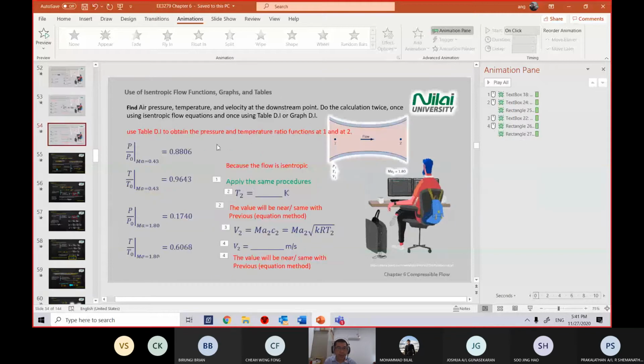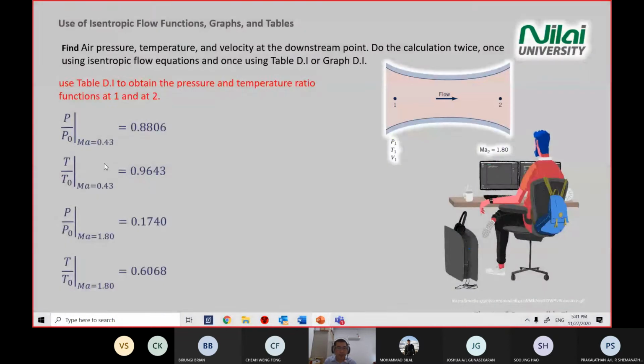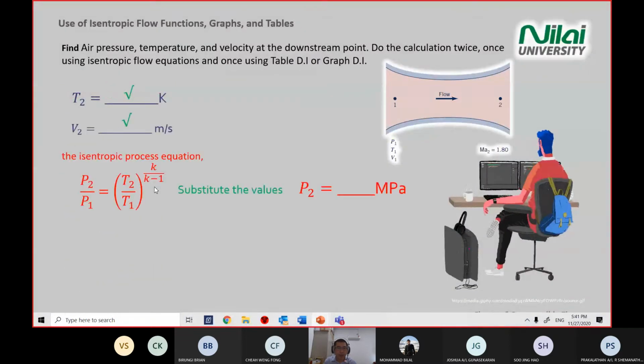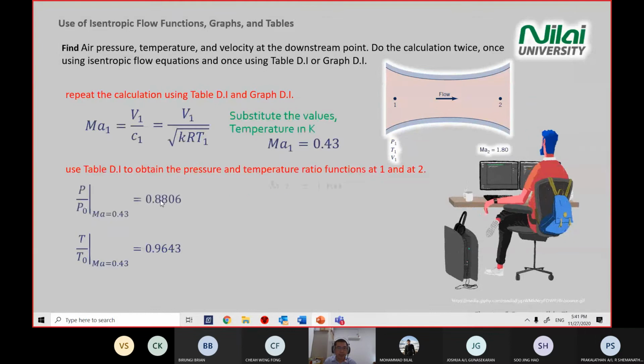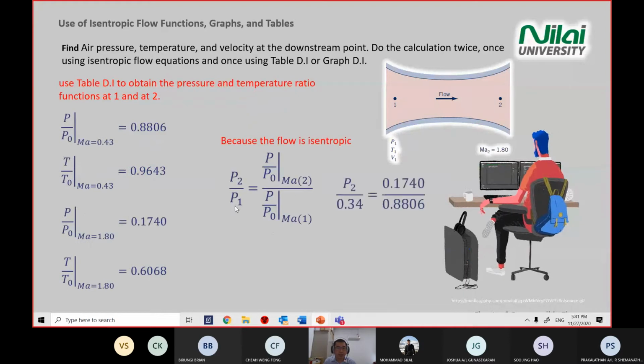Okay, then the rest you can read my slides already. The rest is just mathematics, equations to find the parameter needed. Once you have all the ratios from table D1, you substitute to find P2 divided by P1. This is just a mathematics strategy we solve. So P2 divided by P1, you take,